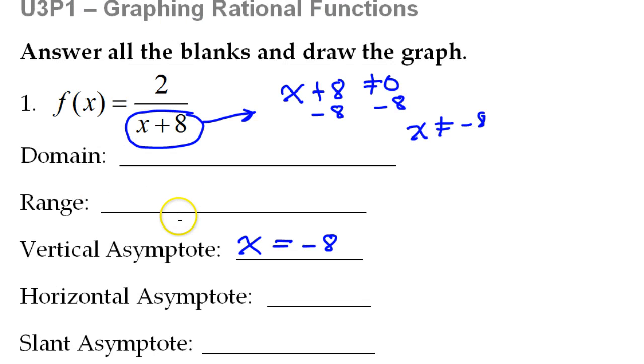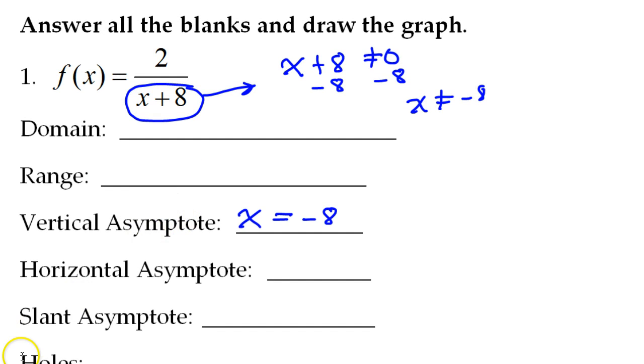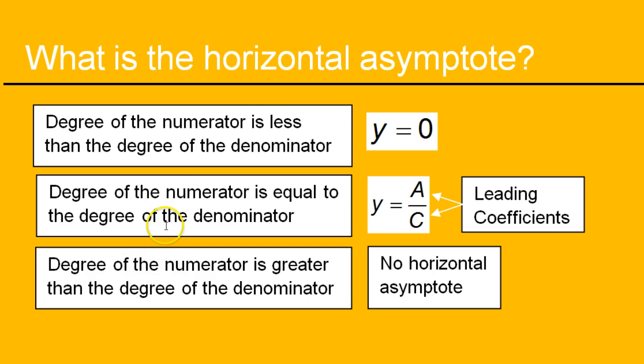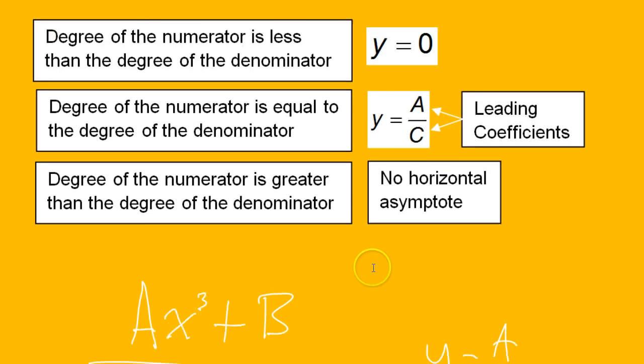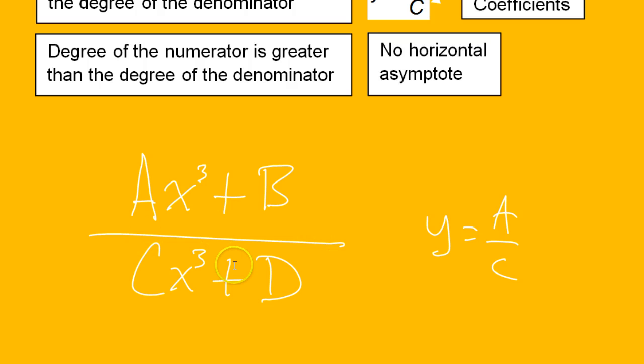Now, let's talk about the horizontal asymptote. Remember, these are the rules for what the horizontal asymptote will be. It's all about the degree of the numerator compared with the degree of the denominator. If the degree of the numerator is less, then the horizontal asymptote will be y equals 0, the x-axis. If the degree of the numerator and the denominator are equal, then the horizontal asymptote will be y equals a over c, where a and c are leading coefficients,